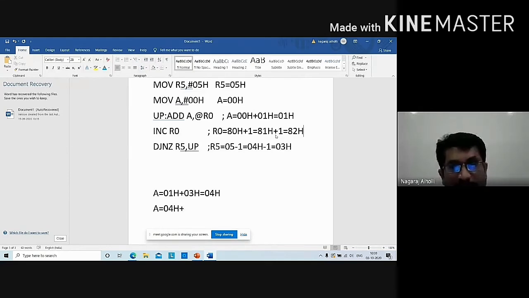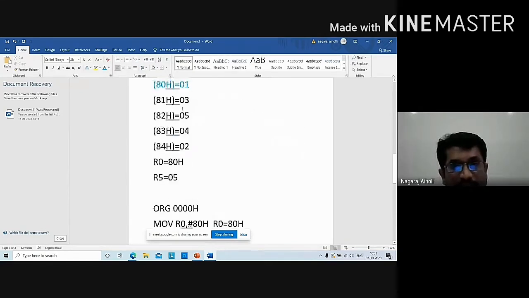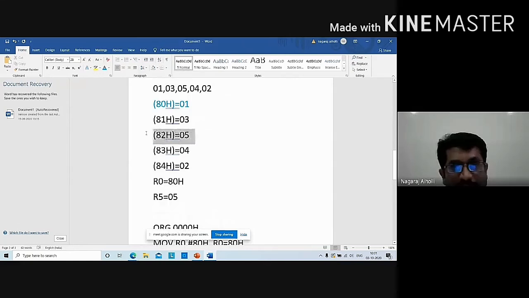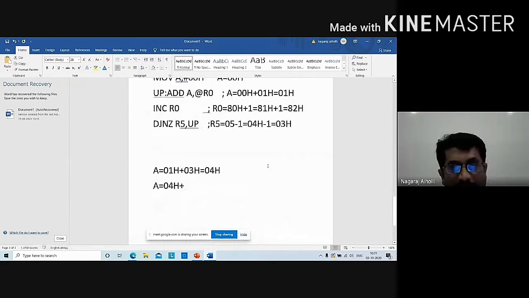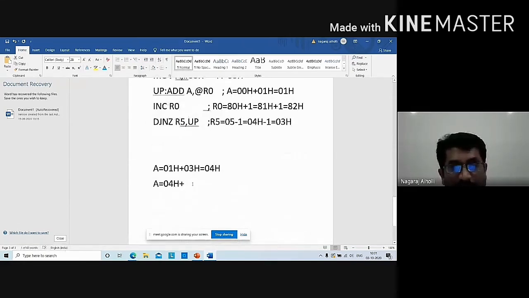What is the value in the 82H memory location, students? It is 05. So 05 will be added now. The value in A, the recent value, is 04, added with the value in memory location 82, that is 5. So 04 plus 05 equals 09.